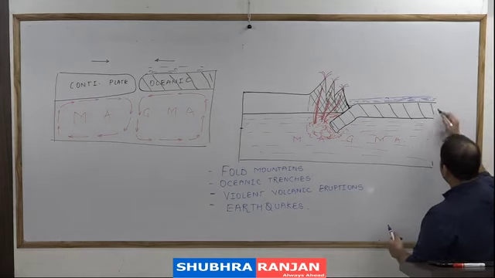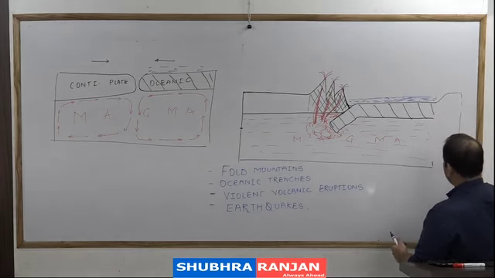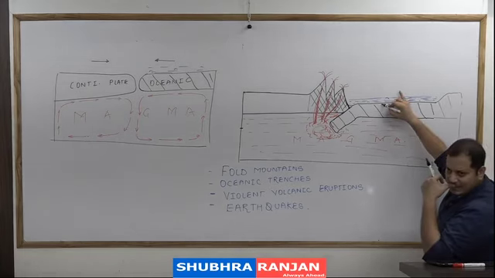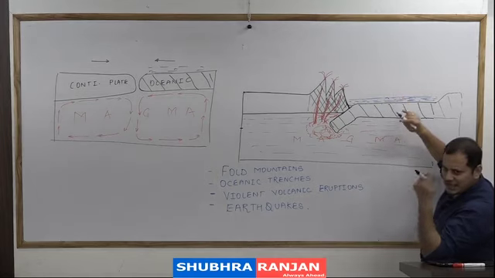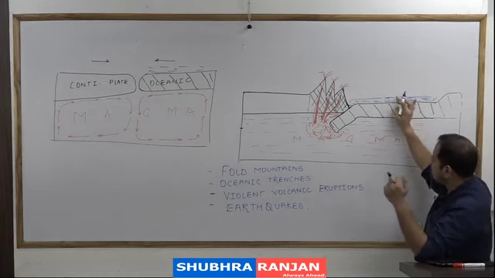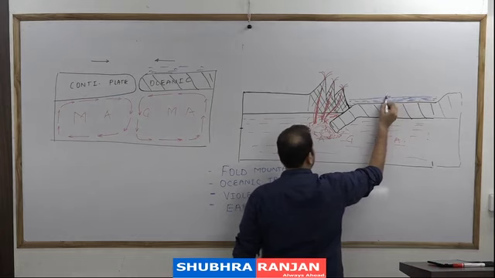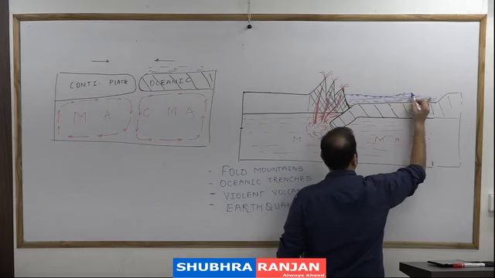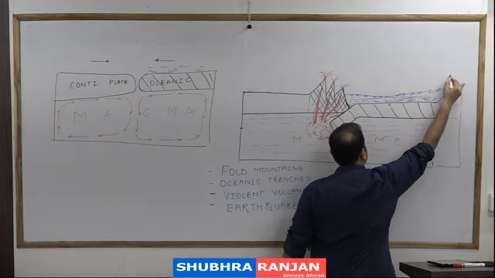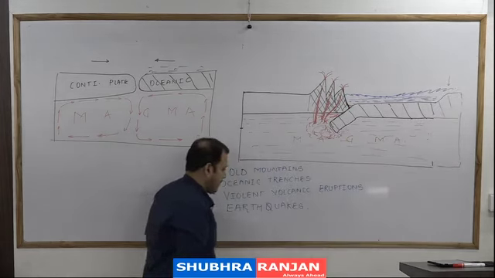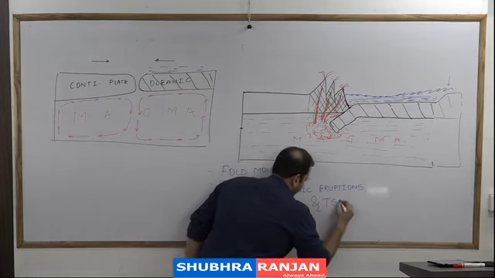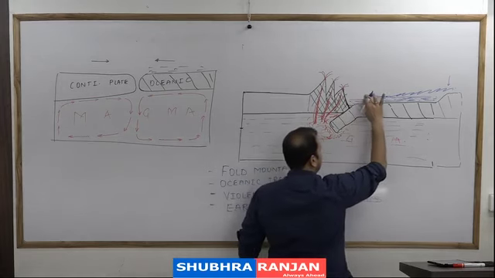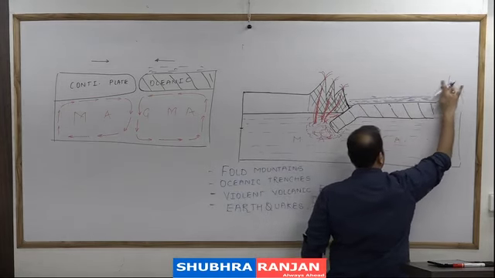Suppose this is how the other part of a boundary of this plate is. I am just making it to show you something here. Now suppose the earthquake occurs inside the ocean water because of the shaking, the epicenter can be anywhere. So over a period of time, what will happen? Energy will be released, and this energy will go towards the surface in all directions, and we will call this a tsunami. But do not draw this in the examination. This is just for your understanding.